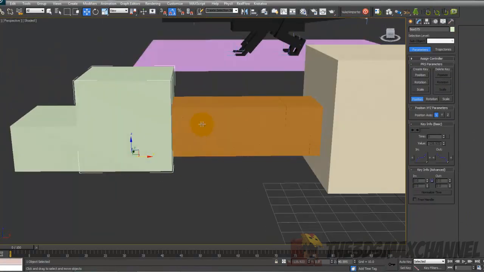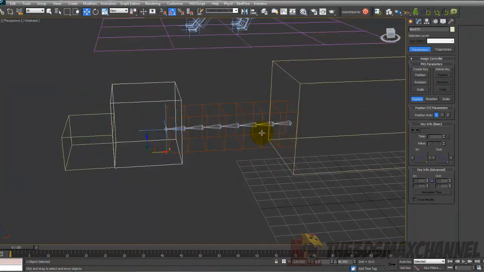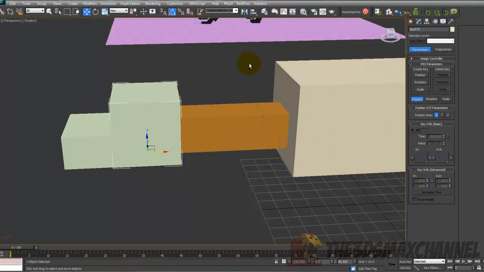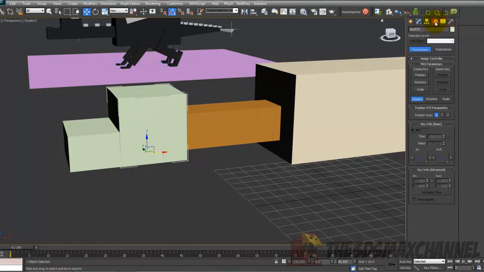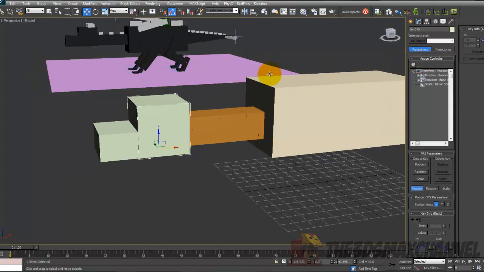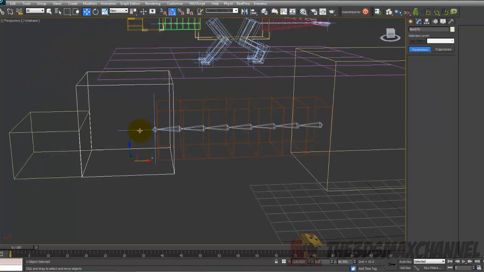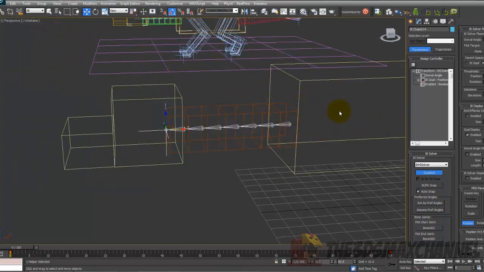If you plan on using your Enderdragon at any point to have his head cut off, if you wanted to, you could either change this bone at the very end or change this bit here so that you could keyframe it. Now to do that, you need to go into the motion tab, I think. Yeah, motion tab, and then go to the assign controllers. And with the head selected, actually no, we need to select the IK, and